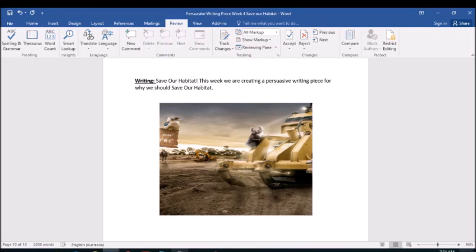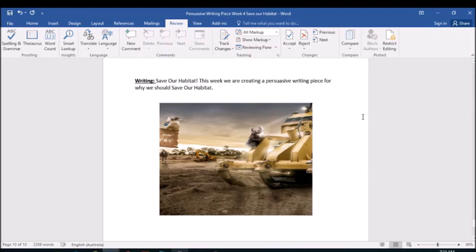So for this week, we are writing another persuasive piece, and it's all about save our habitat. So today's session's all about organising our thoughts and ideas, and then creating a quick plan so that we can start our introduction tomorrow. So the first thing you need to do is look at the hook that we've put